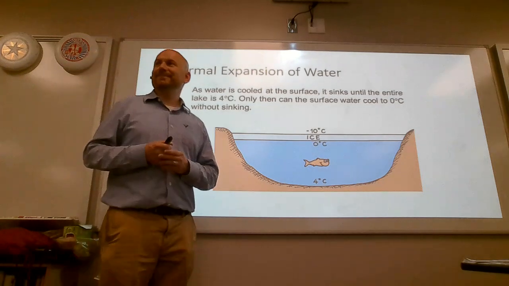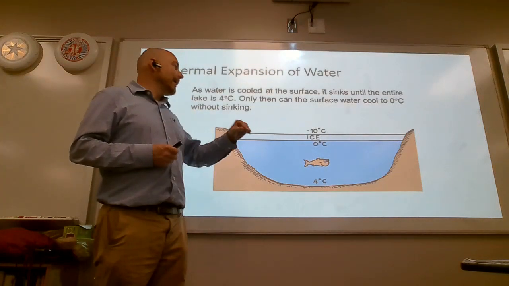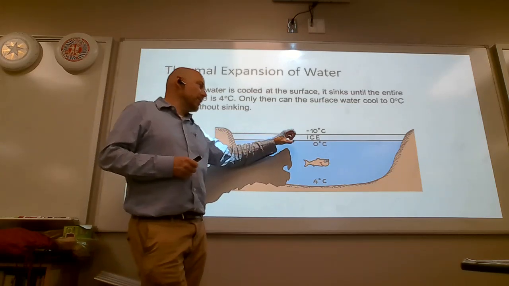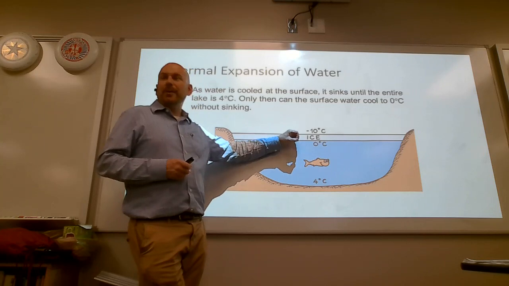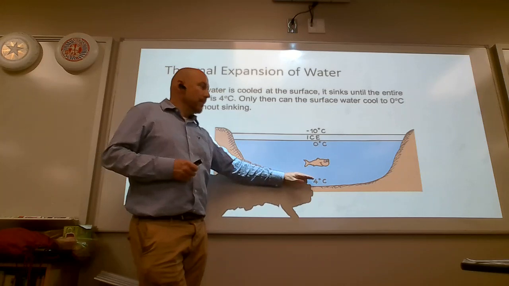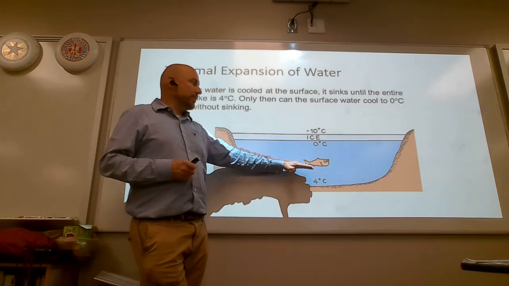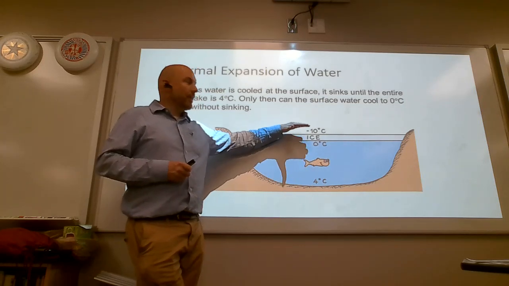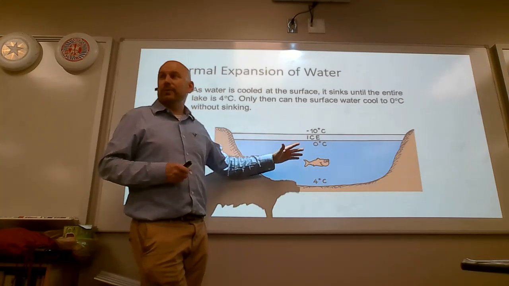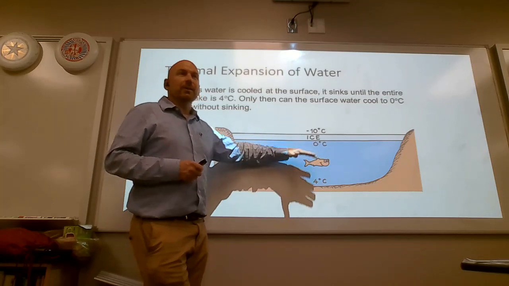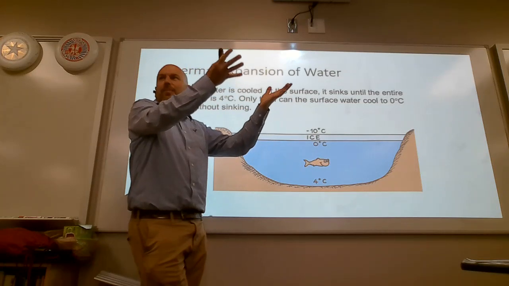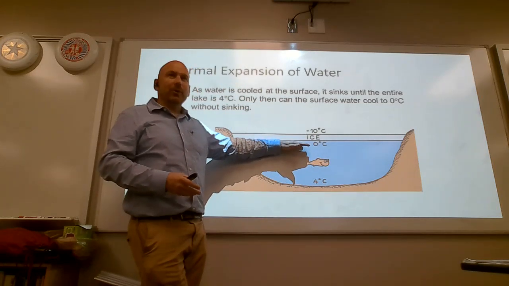Now, what would happen if that wasn't the case? Well, a couple things. One, if water contracted when it froze, ice would become more dense than water, and so ice would sink, displacing some of this water, pushing it up. As things froze, it would expose the water to the cold air, so this process would happen faster. Sink, expose, sink, expose. At some point, we're just raising the fish up, and the fish swims in shallower and shallower water until it's